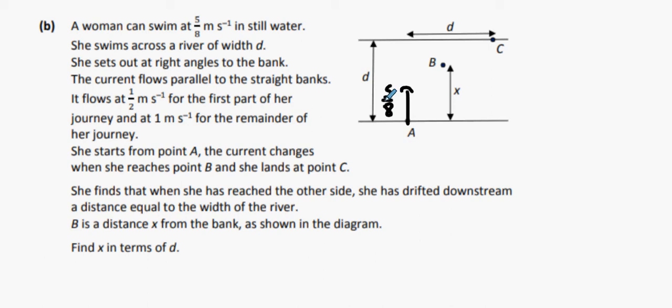The current flows parallel to straight banks and flows at half a metre per second for the first part of her journey, and then changes speed for the remainder of her journey. Okay. It says first part of her journey. Doesn't specify equal times, does it? That makes sense. Doesn't specify equal times. So